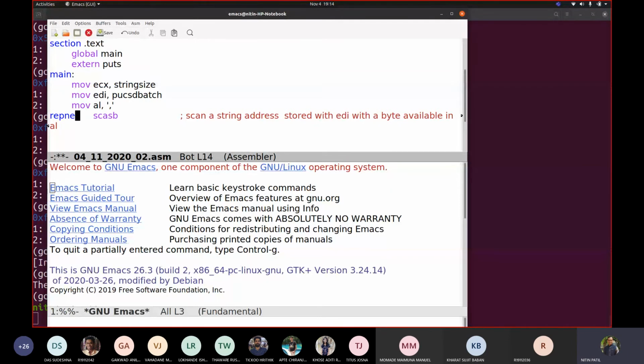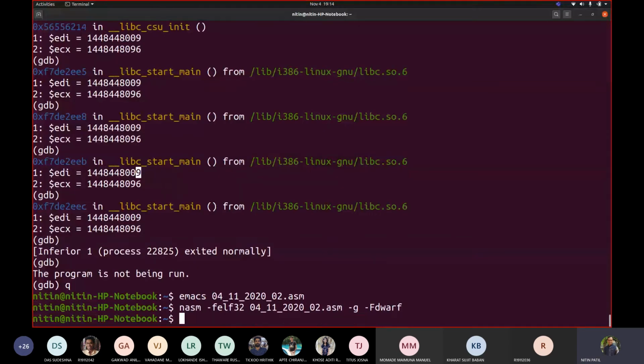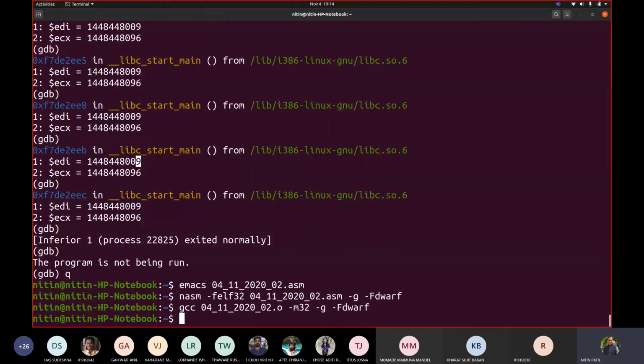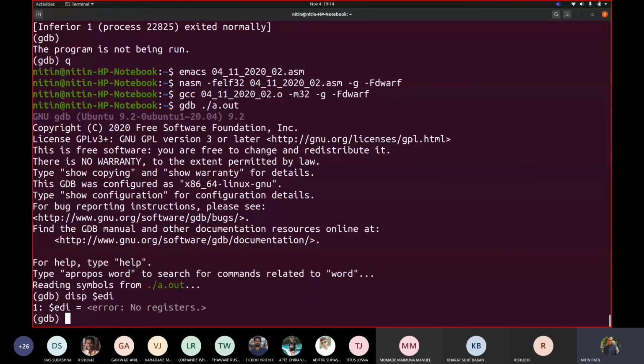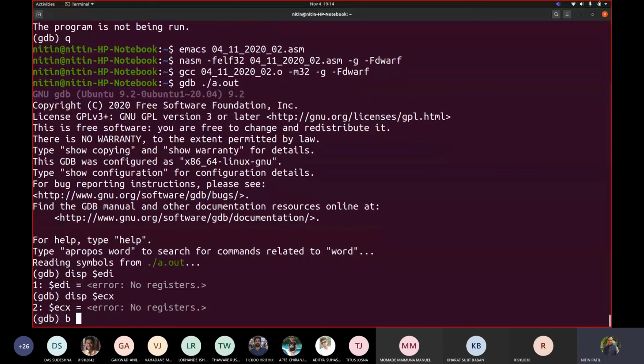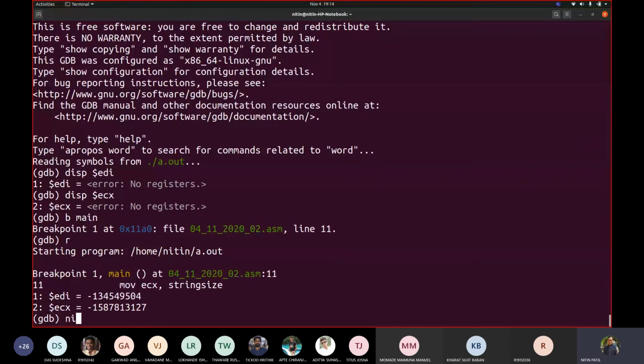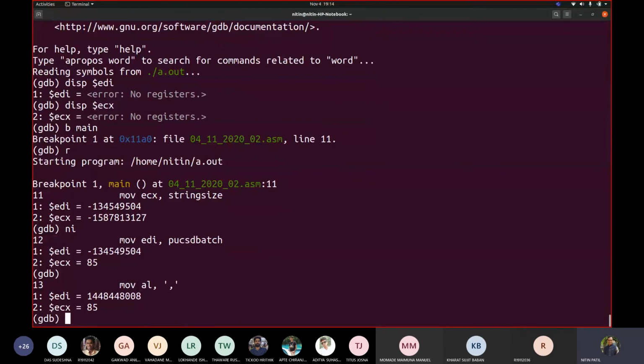REPNE. I'm using REPNE, repeat till not equal. Now let us try to use it. nasm, gcc, gdb ./a.out, display $EDI. We want ECX, breakpoint main, run. Again same thing, 85. Correct.